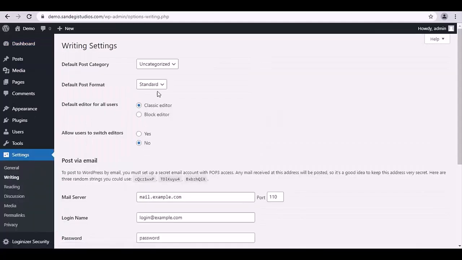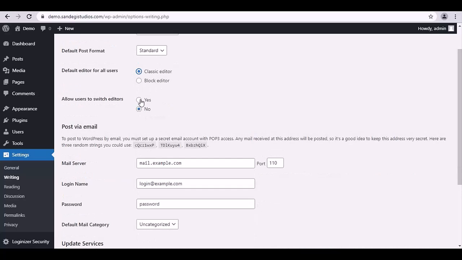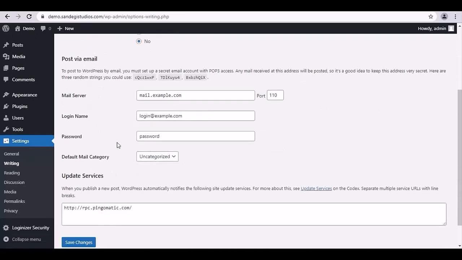Here select your default post category, default post format, default editor for all users. Classic editor or block editor, allow users to switch editors. Yes or no. Then post via email, mail server, login name, password, default mail category, then update services, that is